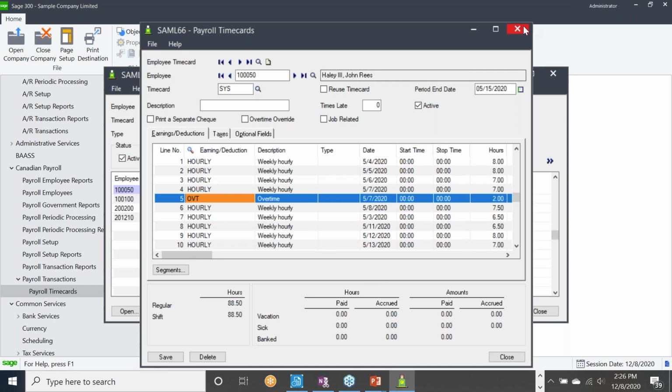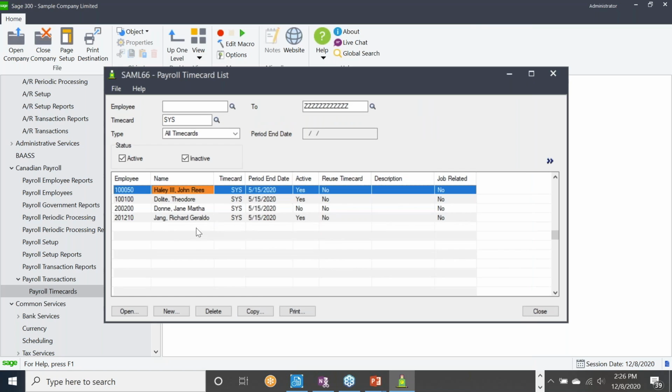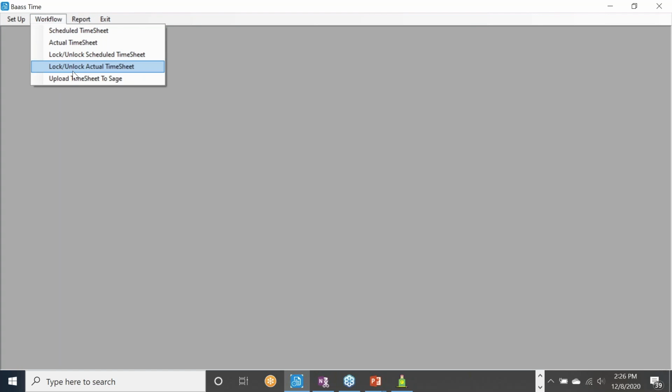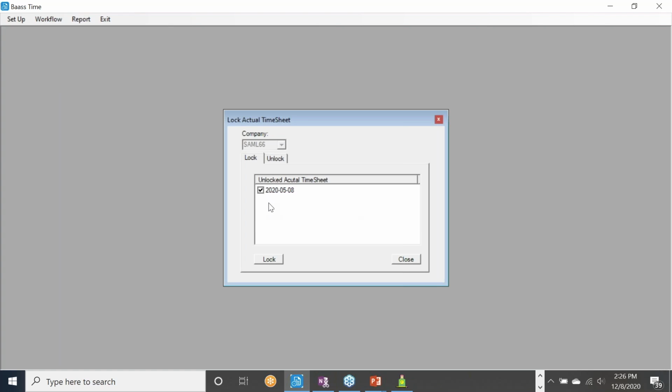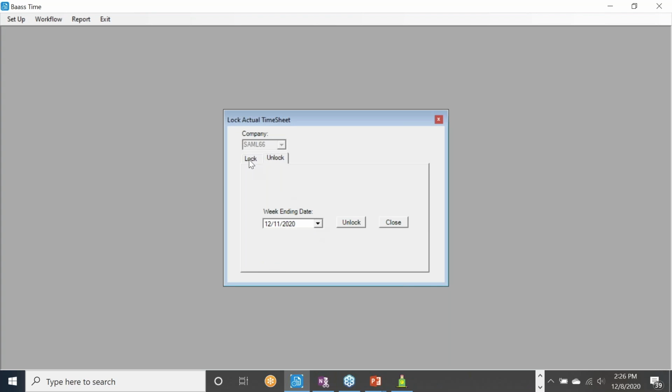If there are any corrections, then you're able to do them within the time card. Now, let's say you've done this, and at this point you say, all my time cards are incorrect. You do not have to delete these time cards manually or even change them manually. You would simply go to BAASS Time and repeat the process, and that's why we have the lock unlock. You would just simply go and say, I've gone ahead and done that, but please unlock for the month of